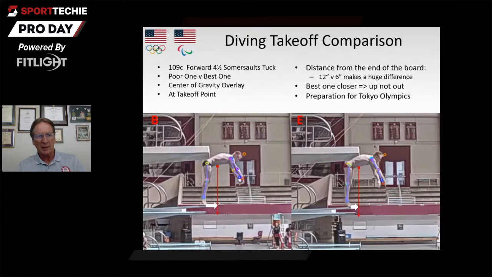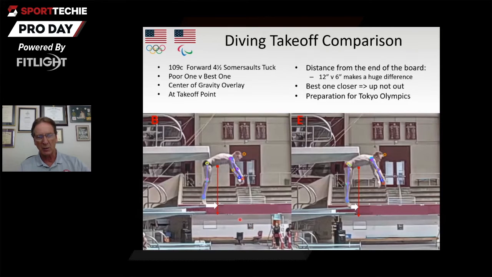Now, we've put 2 side by side and we've drawn the stick figure automatically, and we've calculated the center of gravity. And so you can see this line here is from the center of gravity. This one on the left has a B standing for bogey, and this one on the right has an E standing for eagle. The coach likes to quantify his dives in golf terminology since he's a mad keen golfer. So anyway, the bogey, you can see down here that the length of the white arrow shows you how far away the center of gravity is from his feet. In this one, you can see the center of gravity distance is much smaller.